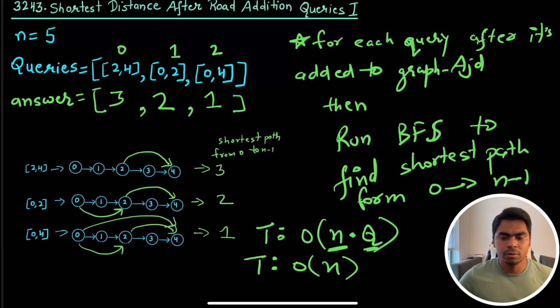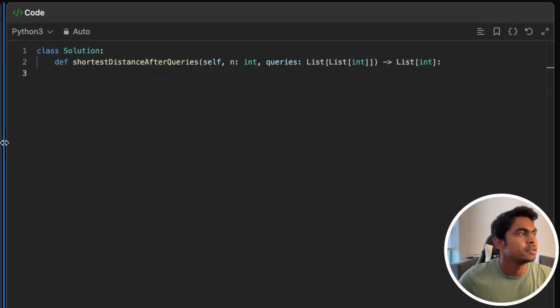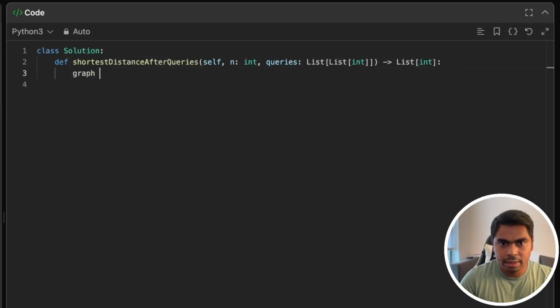I think that would be it. Now we can move on to writing the code. It's an easy problem, and that is the brute force solution, which I would say is also the optimal solution as well, because you don't really need to dive deep. I'm sure you can optimize a few things, but I think this is good enough for this problem. So as I said, we will create the graph adjacency list. We can say defaultdict